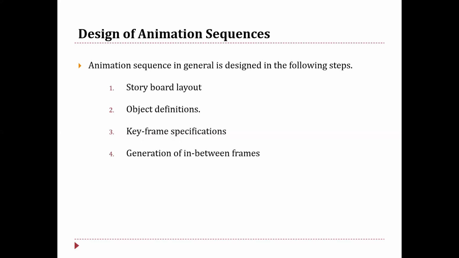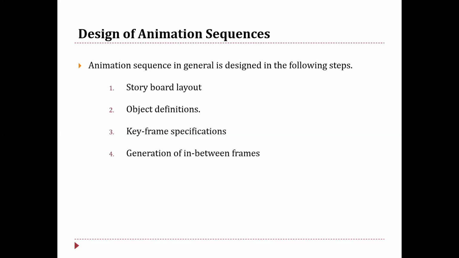The outline of the action is storyboard. This explains the motion sequence for us. The storyboard consists of a set of rough structures, or it could be a list of the basic ideas for the motion. For each participant in the action, an object definition is given. Objects are described in terms of basic shapes, examples of which are polygons or splines. The related movements associated with the objects are specified along with the shapes.